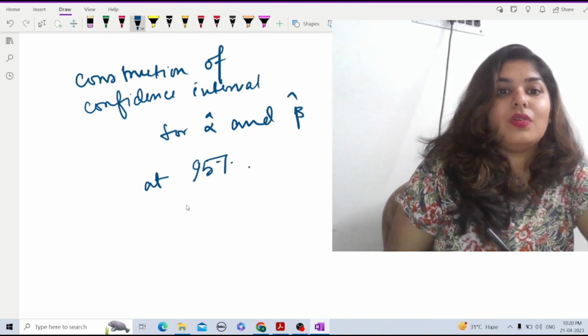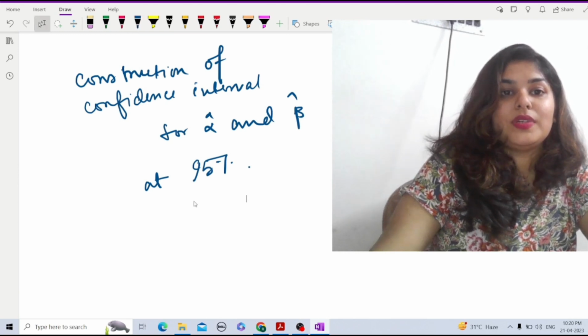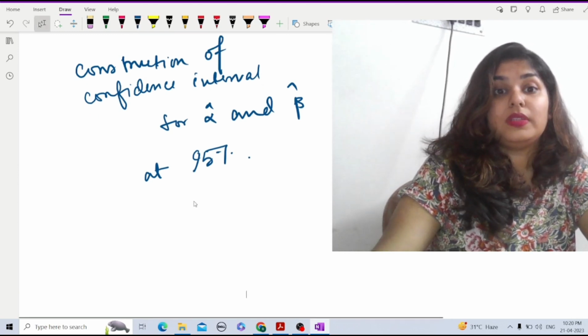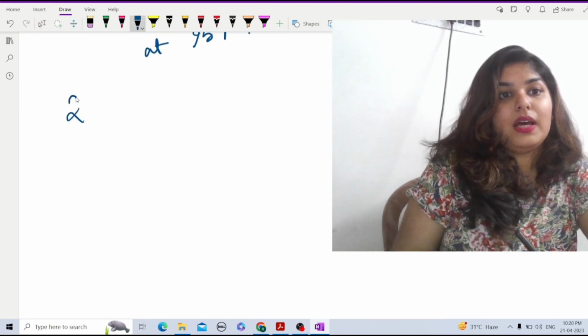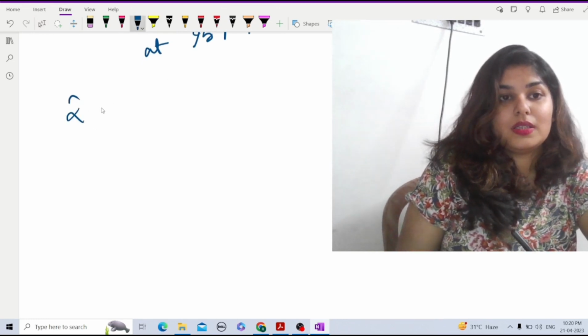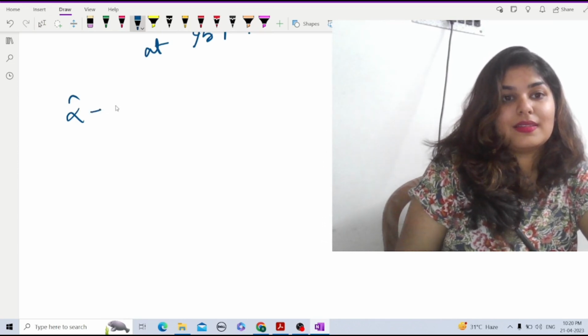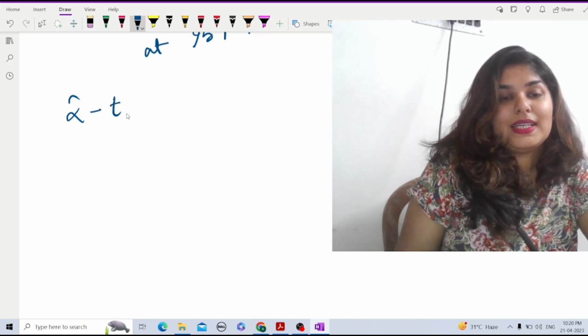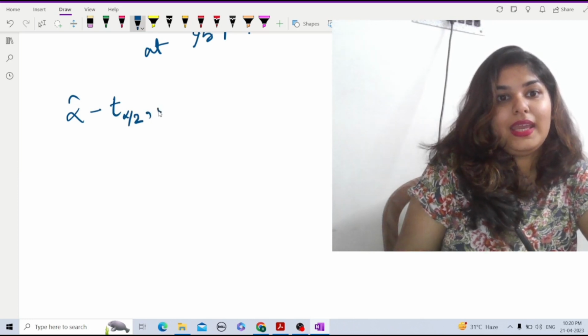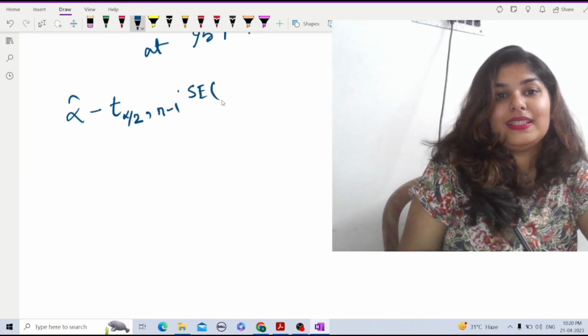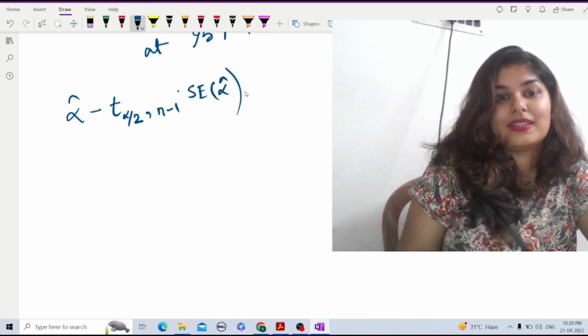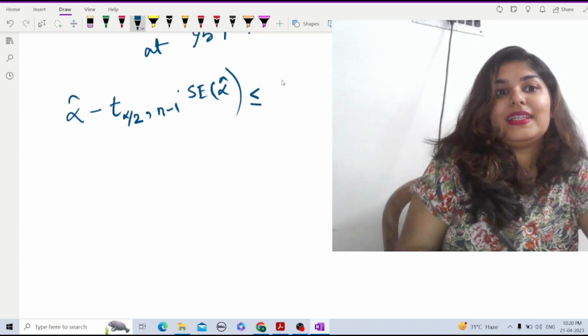Okay, so first let us write down what we know about the confidence interval of alpha hat. So we know that basically alpha hat, the confidence interval for it is basically alpha hat minus t alpha by 2 comma n minus 1, that is the degree of freedom, into standard error of alpha hat, right? This is less than equals to,